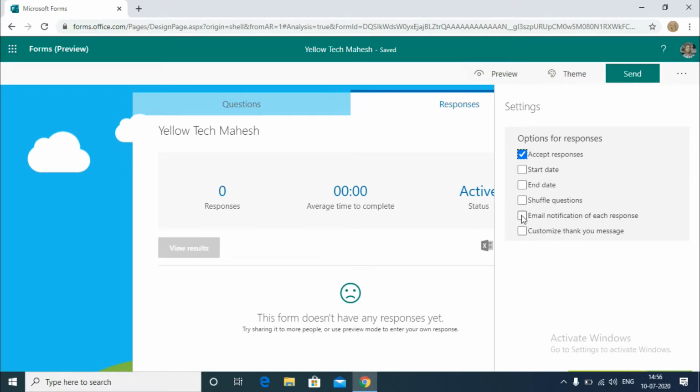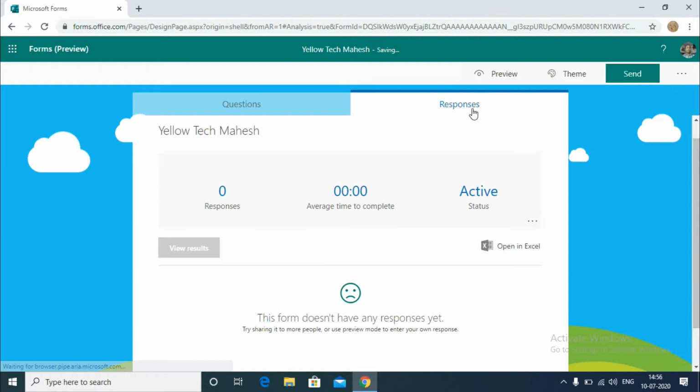Okay, let me click first. Customize your message, and here we can give the message you want shown after the form filling and the submit button is over. This message will be shown there. That means your response was submitted. We can also change that and make it thank you for submitting or anything you want. I'm just telling you how to use this. That's it. That's about these forms. I think I covered most of it.